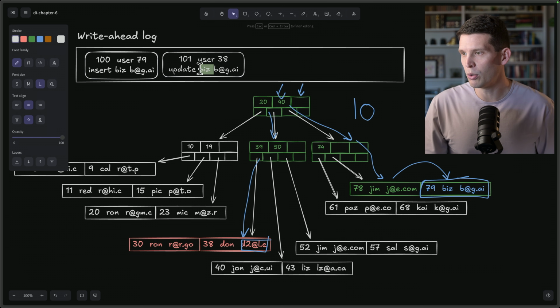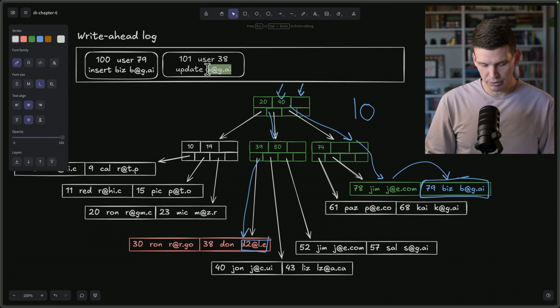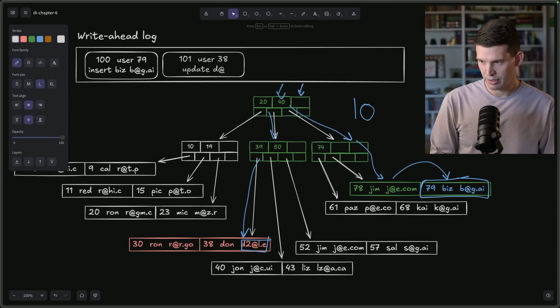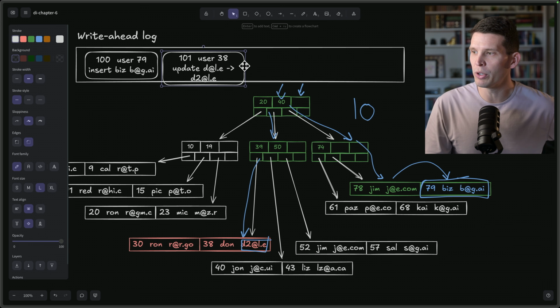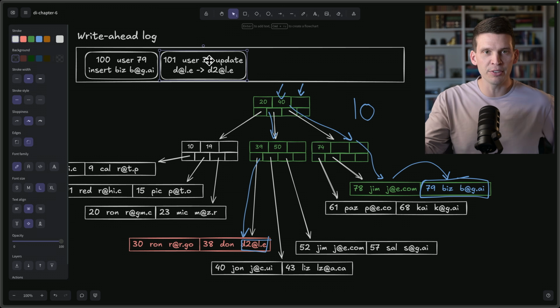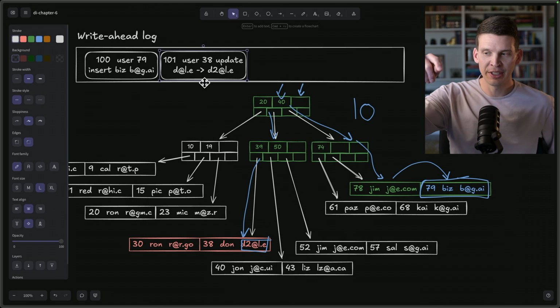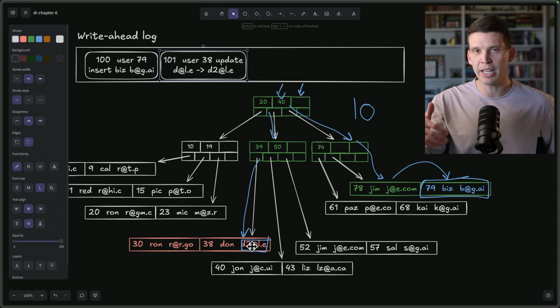And then the old email was, what was it? I think it was d@l.e, and that's now going to be d2@l.e. So essentially we record just the mutation that happened. I don't have to make a full copy of the entire row. I just say, this is the thing that changed. Let's log that change. And again, commit this to disk, update all of the pages in memory, and let them know, hey, we have this new thing, but we're going to mark this as dirty,